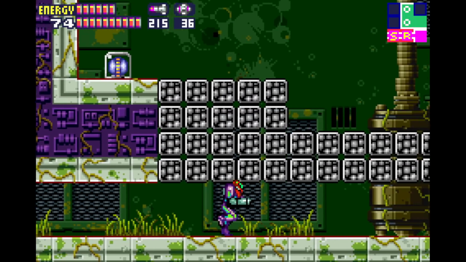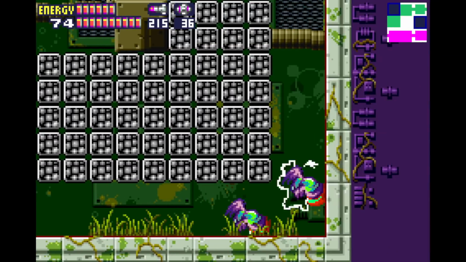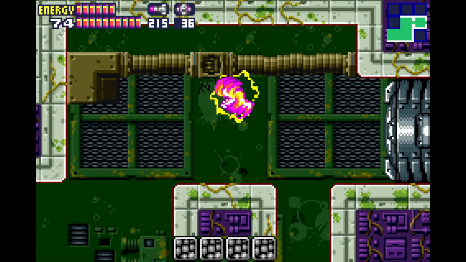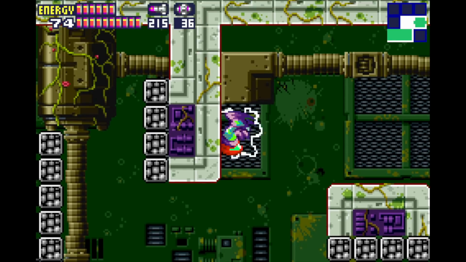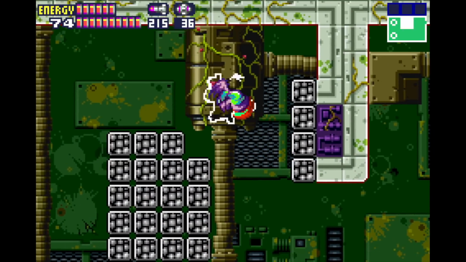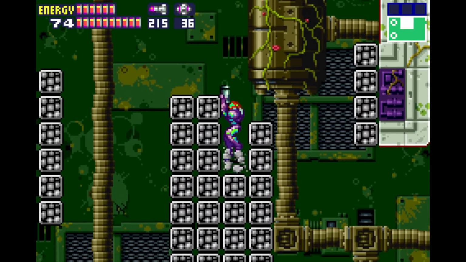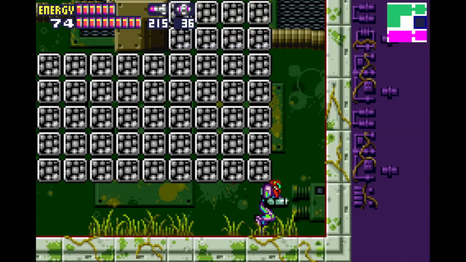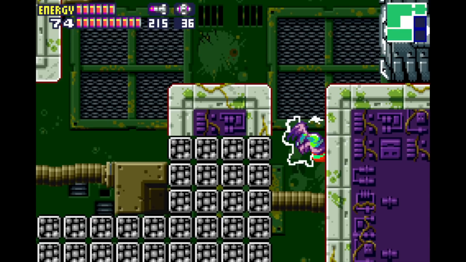All crumble blocks. Which makes this... Oh, these are crumble blocks too. They didn't trigger, but they are. Which means this is a space jump maze. And this is where you can take advantage of the fact that you can space jump really quickly after space jumping. Like, you can...